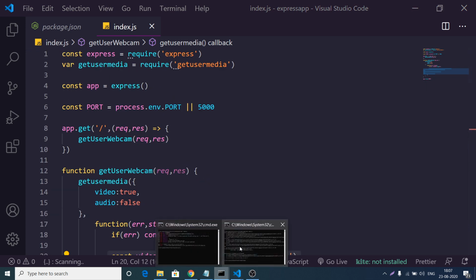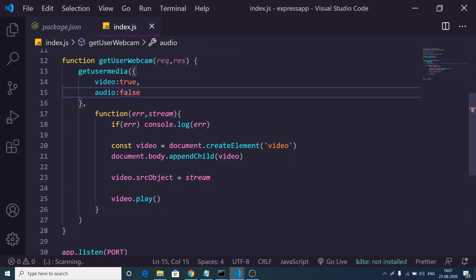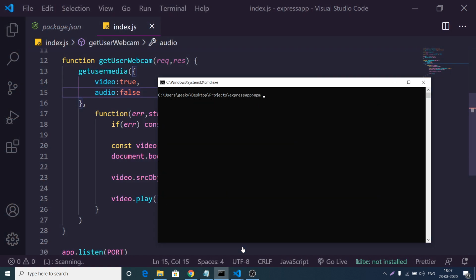Because inside Node.js we cannot simply make the video element. This is not HTML. So for this we need to install a module which is EJS template.